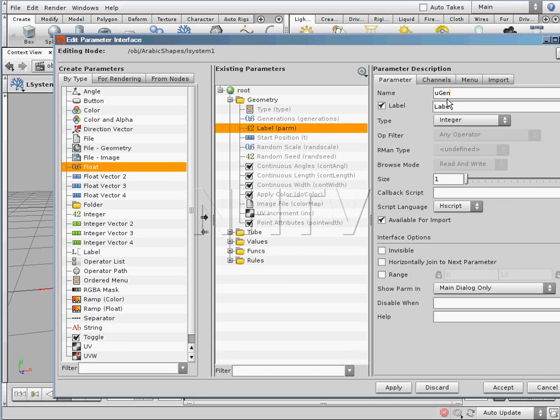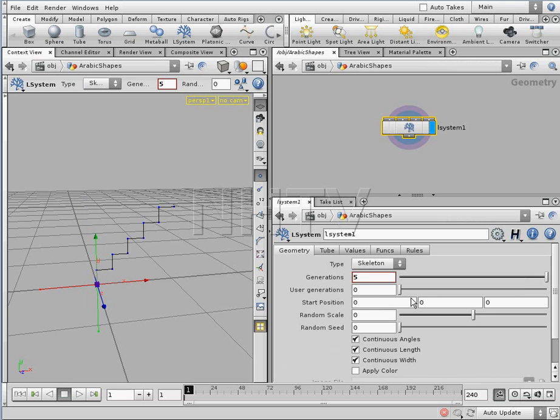which is the short label, or the parameter name that's going to be used if you're creating expressions. And I'm going to create a nice readable label, like user generations. Okay, so a few things that I want to change as well. I want to add a little bit more in the range, so I can have like 100 generations easily just by sliding down. Okay, now the only thing you need to do is to accept it,